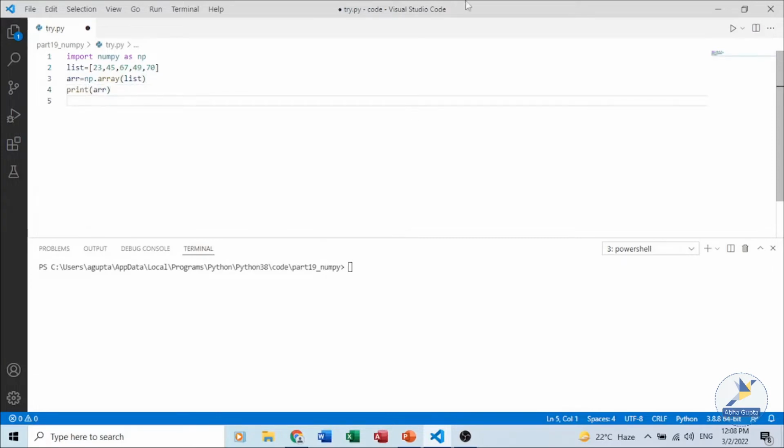The array which we are creating using this statement is a one-dimensional array where we are storing the data. The array created using the NumPy module is known as ND array, and the items in the ND array are of the same data type, or same dtype, and can be accessed using a zero-based index.